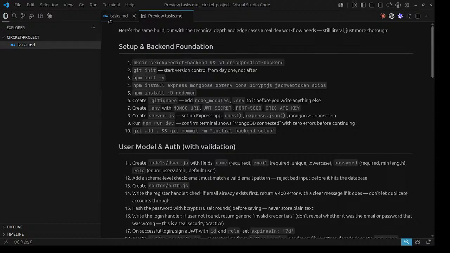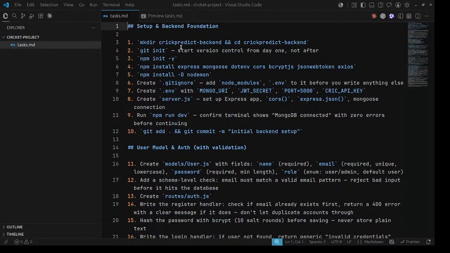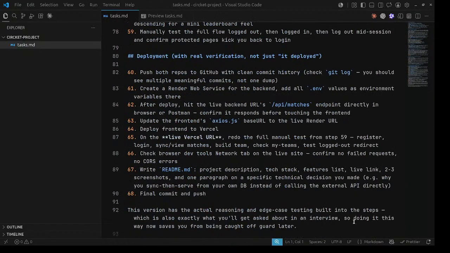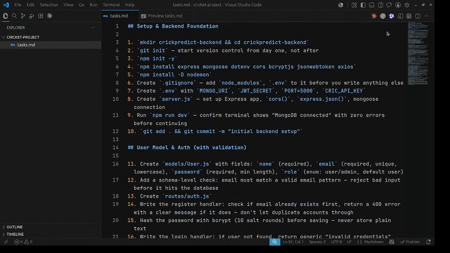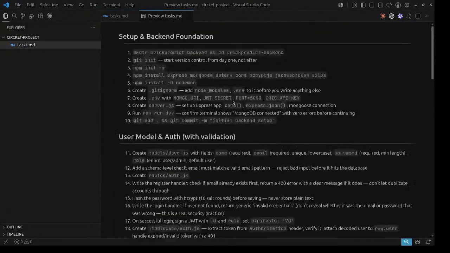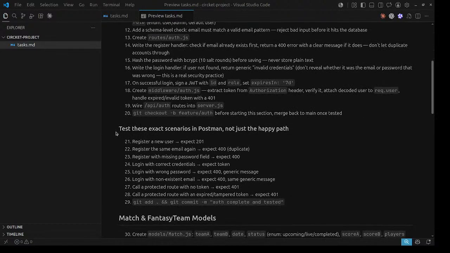Let me delete this instruction, which is of course AI generated. If you see, that is a pretty solid setup: pattern foundation, user module, authentication, and after all, we can use these as the exact scenario in Postman. If you don't know what Postman is, it is a client for your backend.